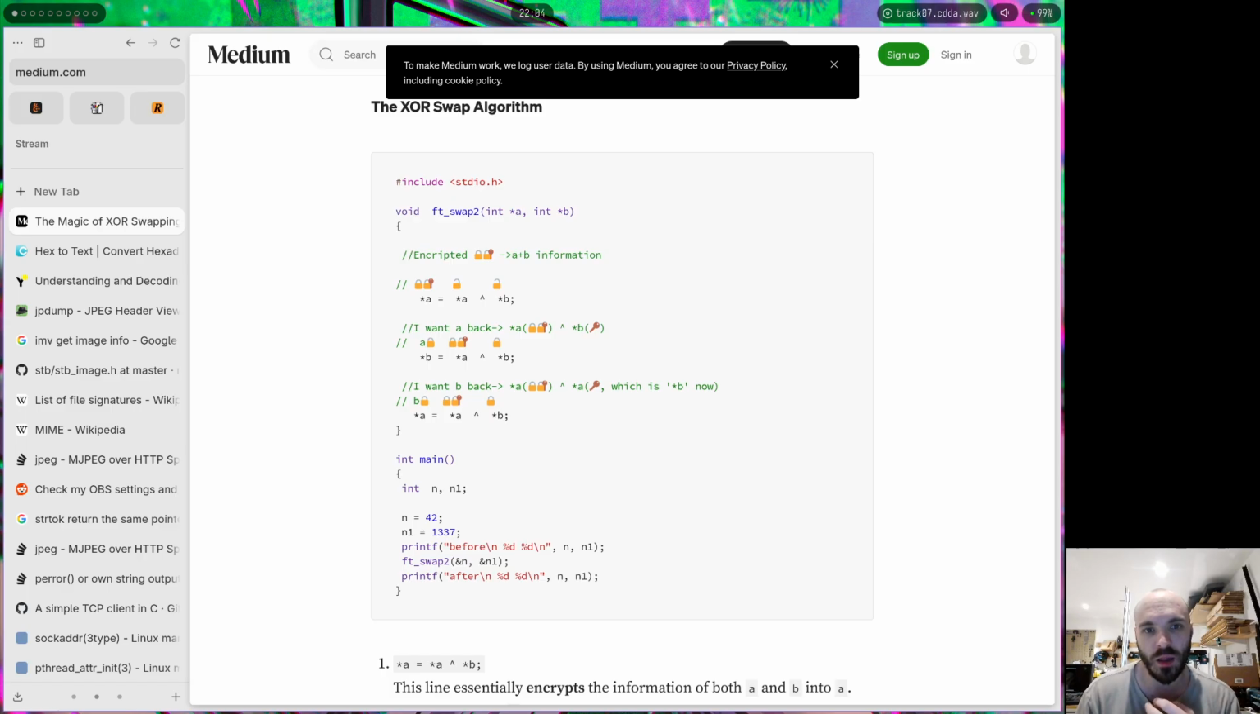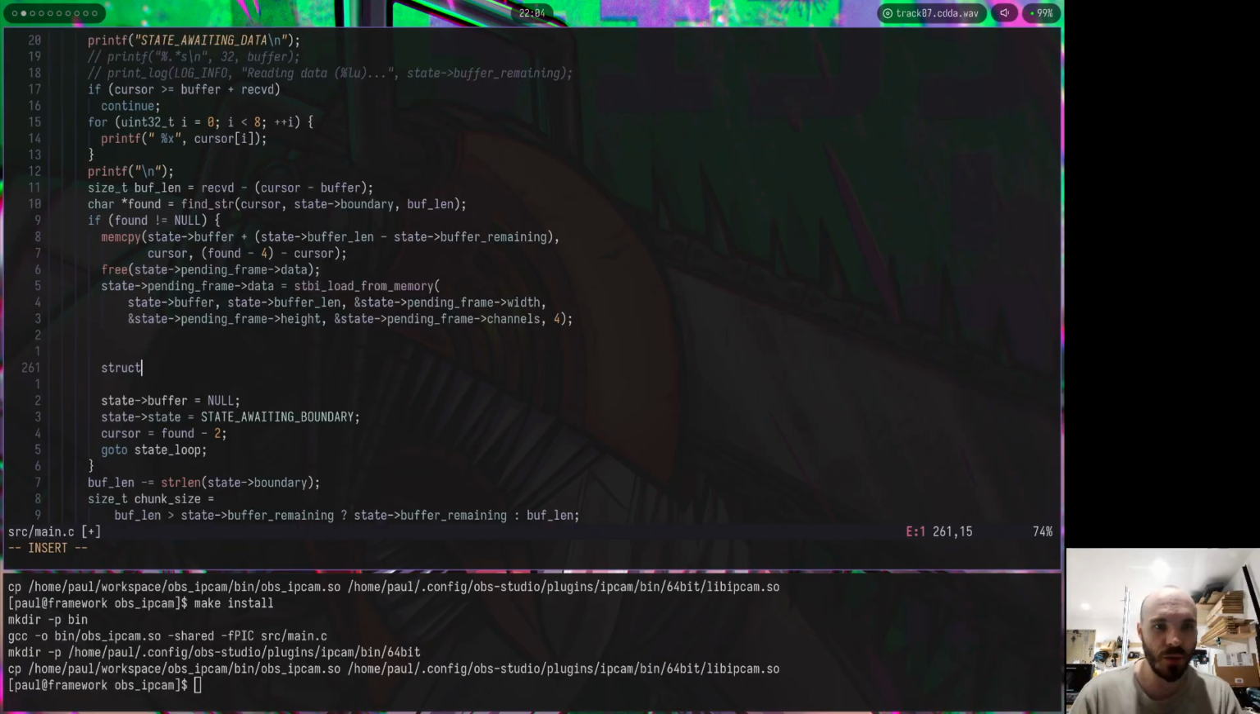So I XOR A with B, and I get B by XORing A with B, and I get A by XORing A. Okay, so it's just simple as. So state pending frame equals state pending frame